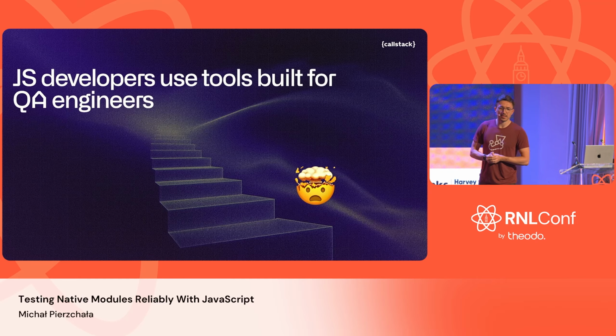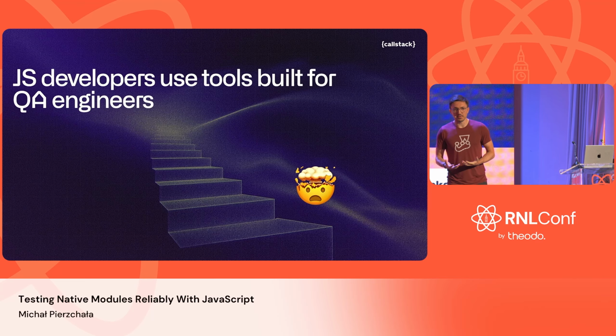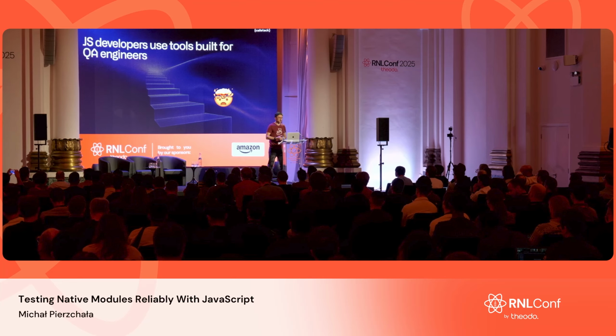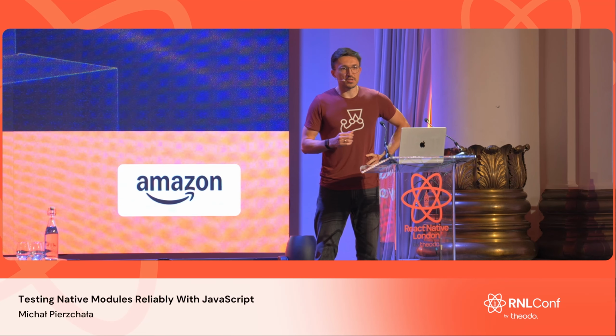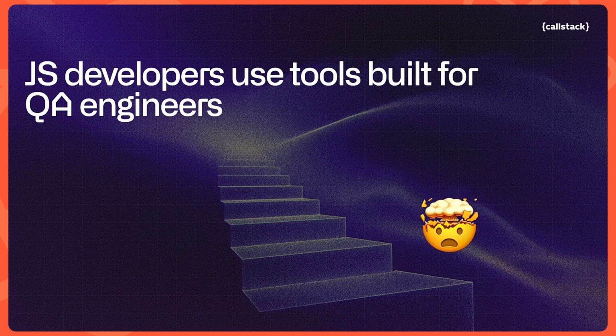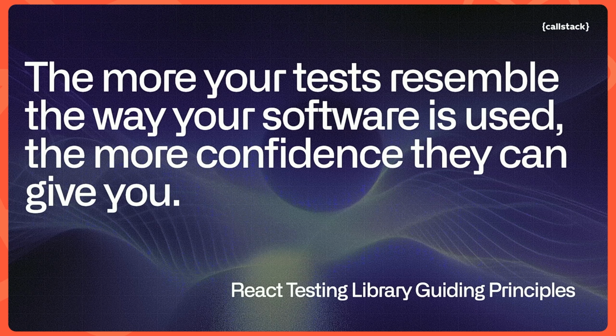So what happens is that JavaScript developers are using tools built for QA engineers, or hopefully AI agents in the near future. And this is not really optimal, because it would be great to use tools that are designed to do one thing really well. And let me cite a really good quote from the React Testing Library